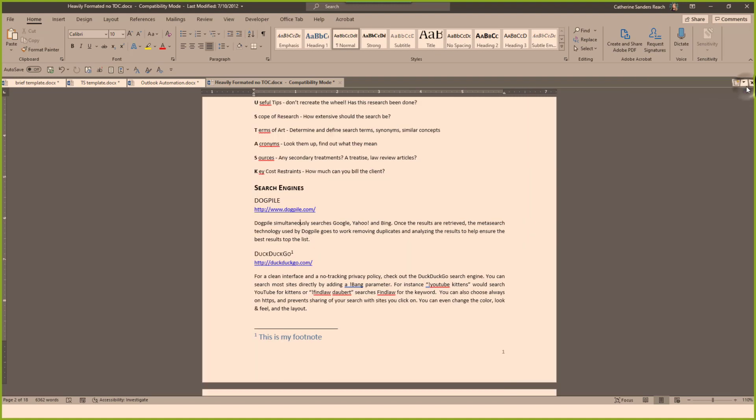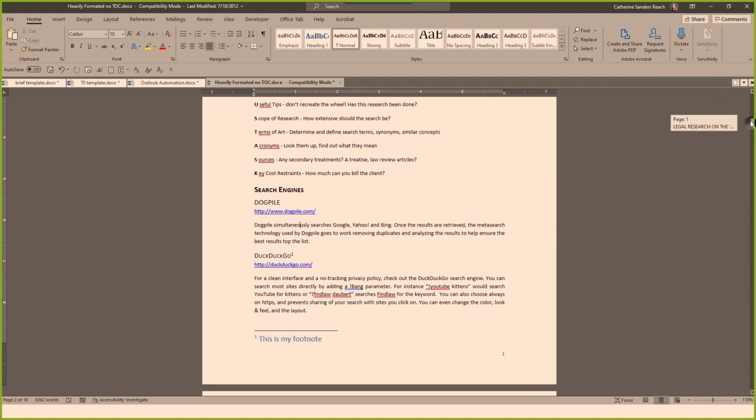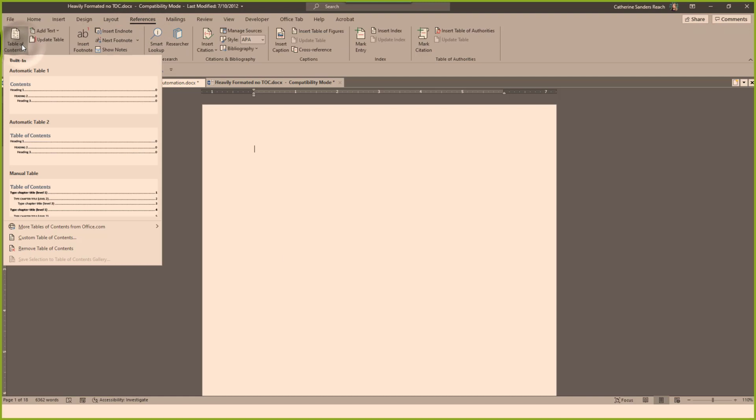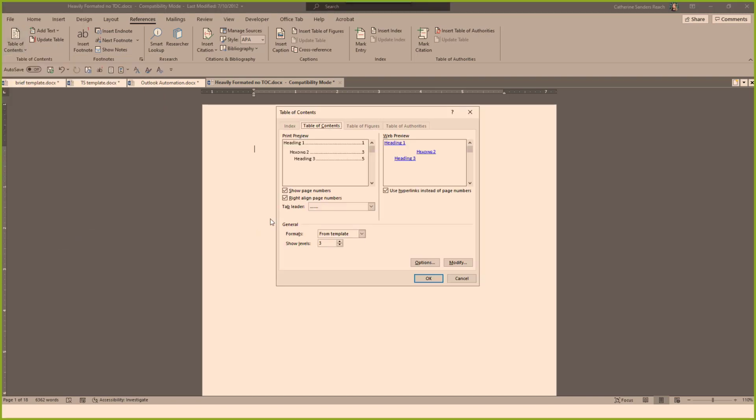Another thing that I want to show you that is the benefit of using styles is if I want to add a table of contents to this, because I've used styles, all I have to do is go into References, Table of Contents, and then I can either choose an automatic table of contents or I can create a custom table of contents. So we're going to choose what we want it to look like. You can go with Classic, or Formal, or Simple. And you can change these as well because they're all based on styles. And we'll go with the Classic,